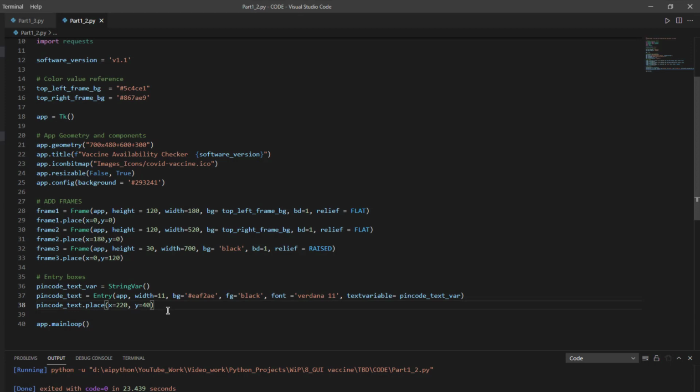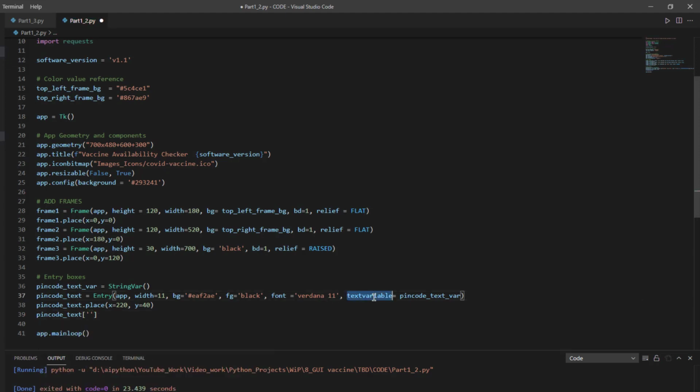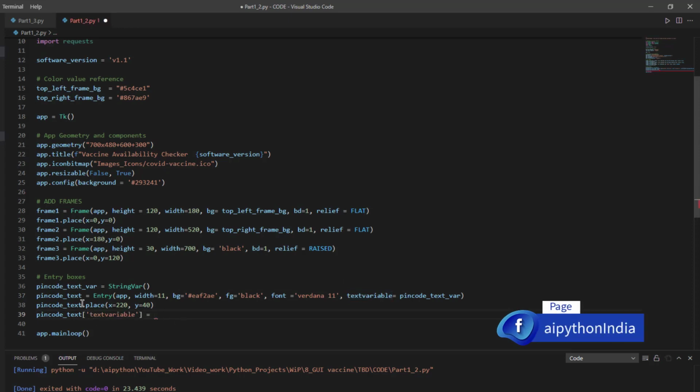Okay, now one more thing is left. We have created a text variable which is pin code underscore text underscore var. So now in order to read and write this variable programmatically, we can use a text variable to set and reset this one. And to do that, you need to access this text variable as a dictionary. So tkinter also allows us to declare this as a dictionary, and we will assign this to text var, right?